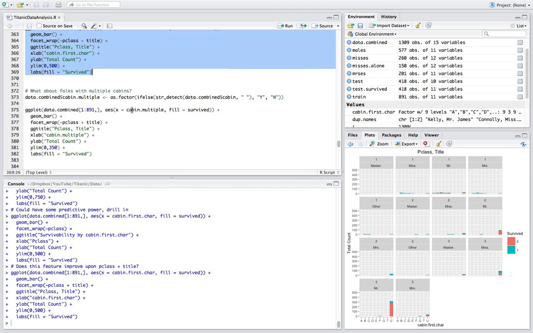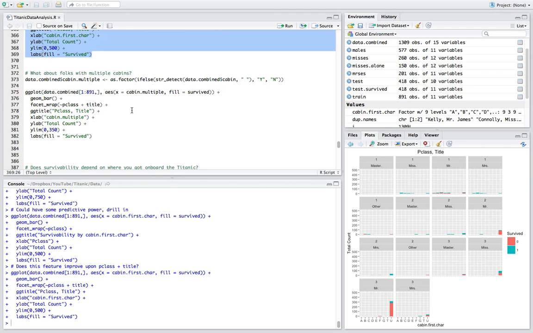So I won't belabor that. But the one thing that we identified that maybe we should check that could be interesting was, what about folks with multiple cabins? That would probably, the intuition would be that if you've got multiple cabins, you're probably pretty well to do, right? Because